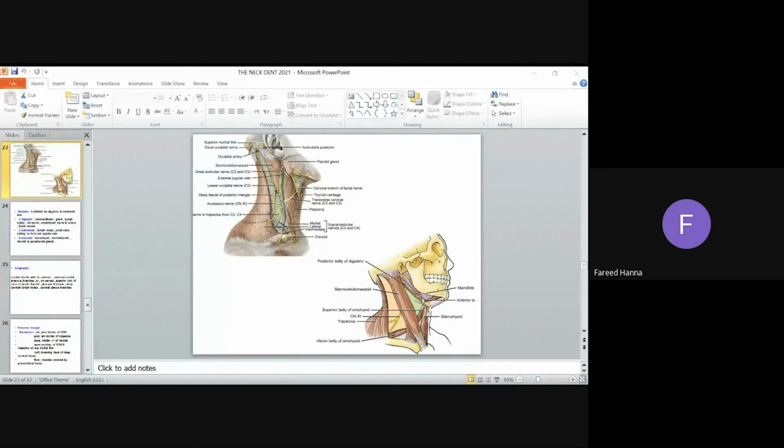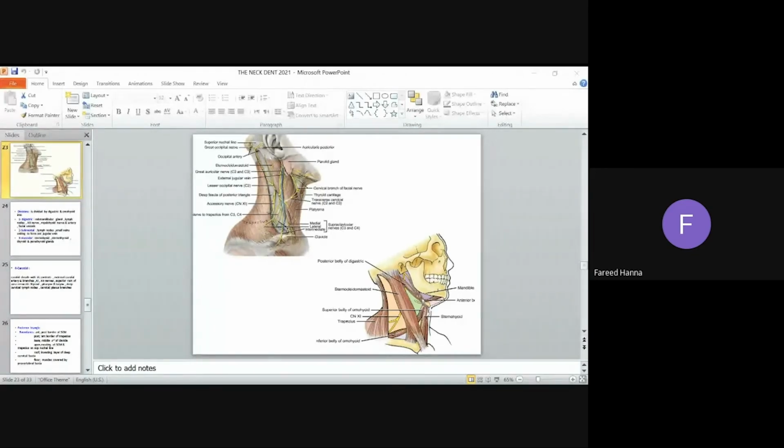The anterior one is bounded by the anterior border of sternocleidomastoid, the anterior median line, and the base of the mandible with the stylomandibular ligament. The anterior triangle is further divided into four triangles by the presence of the anterior belly of digastric, the posterior belly of digastric muscle attached to the hyoid bone, and the omohyoid muscle, superior belly of omohyoid. These divide the anterior triangle into four triangles, which are submandibular, bounded by the base of the mandible, and the anterior and posterior bellies